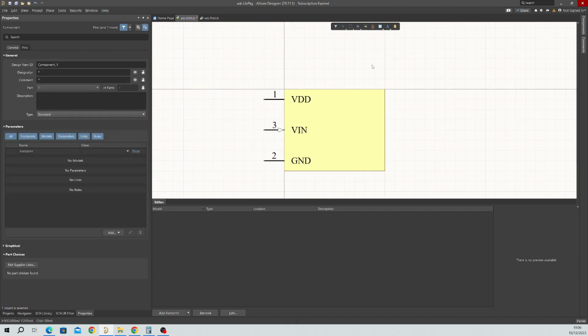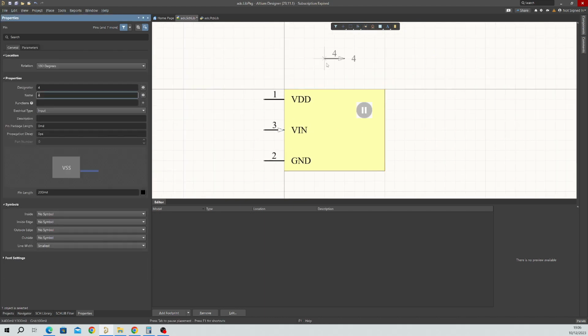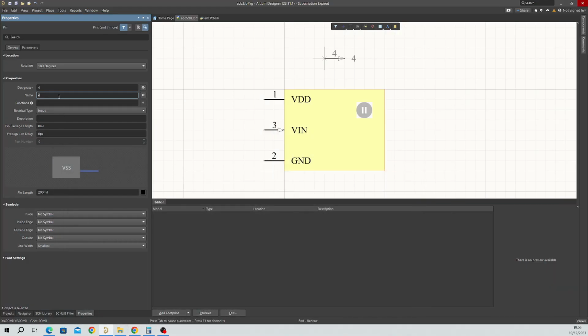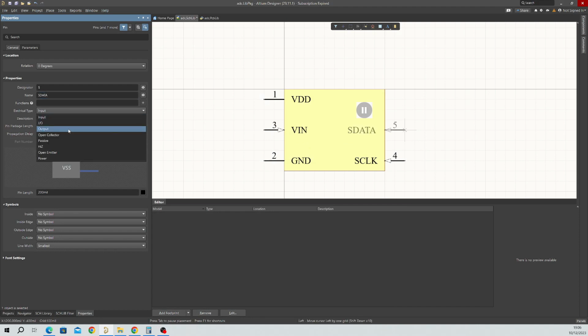That's brilliant. Press place pin again. Press tab. What's our next pin? Pin 4 is S clock. S clock. That is also an input because it's from the master. Put that there. Pin 5 is S data. S data. That's an output to our master. Pin 6 is chip select. Chip select. Now,